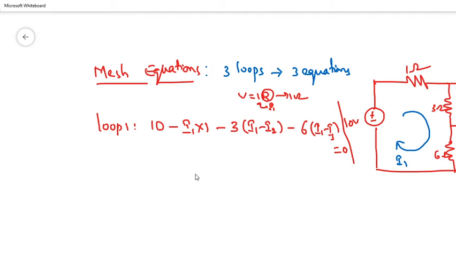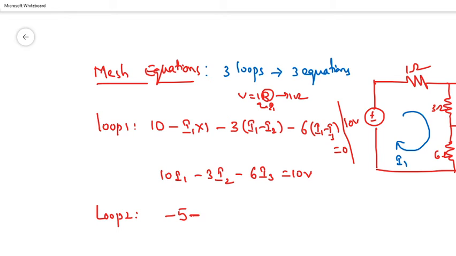Okay, so you simplify this equation, that you can get 10 I1 minus 3 I2 minus 6 I3 equals to 10 volts. In loop 2, that is current is I2 here. So there are 3 resistive elements, 3 passive elements and 1 positive voltage source. And voltage source, the current direction is entering at the positive terminal of the voltage source. So we should take that value as negative. So minus 5 and then minus, all remaining passive elements we should take negative.